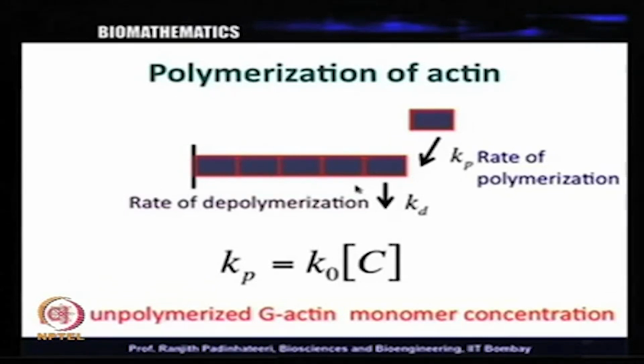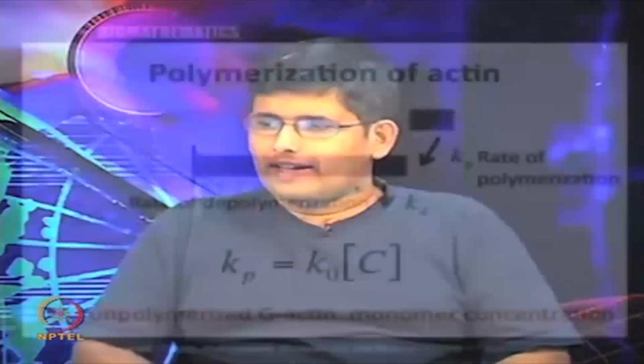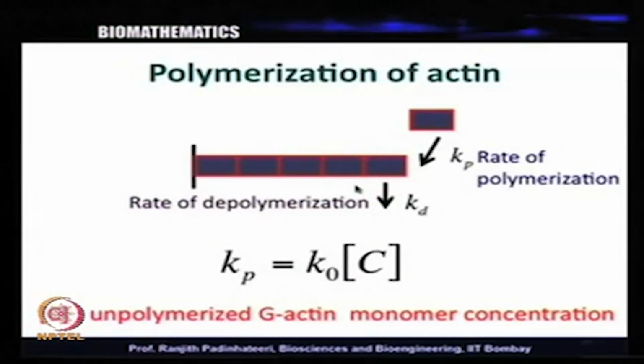So, Kp and Kd are 2 rates. Kp is the polymerization rate, the rate with which these filaments polymerize. These monomers just keep joining together and becoming a longer and longer filament. And Kd is the rate of depolymerization. If you have these monomers, they depolymerize and come off. So, this rate is Kd. The net polymerization obviously is what we want to calculate, but before that, when you think about this,